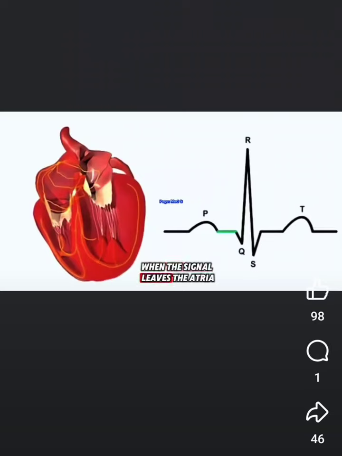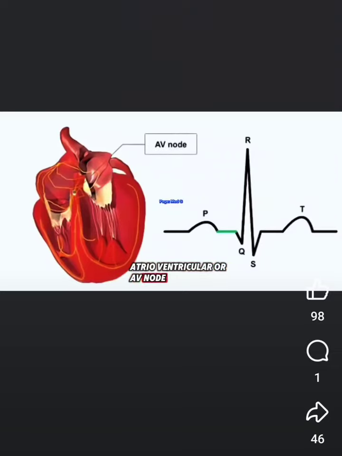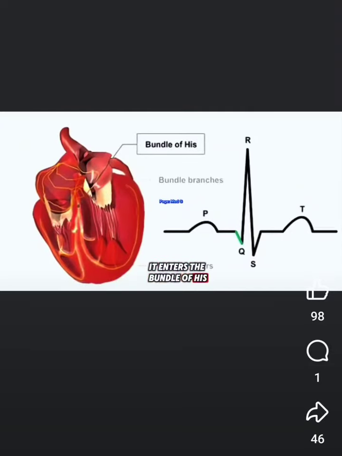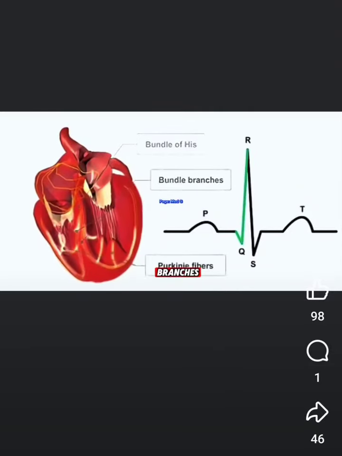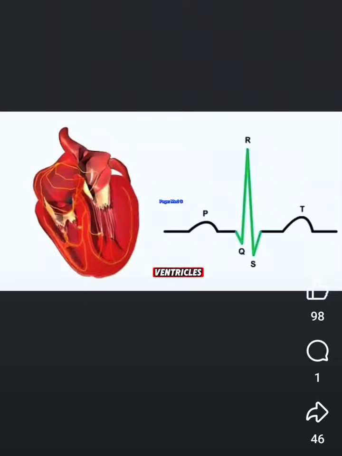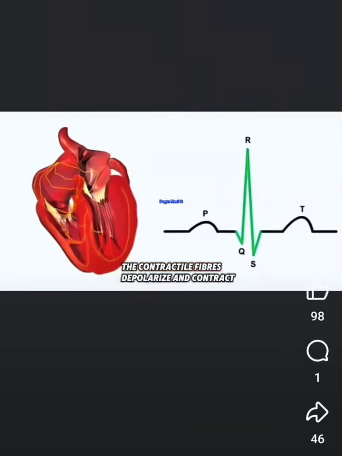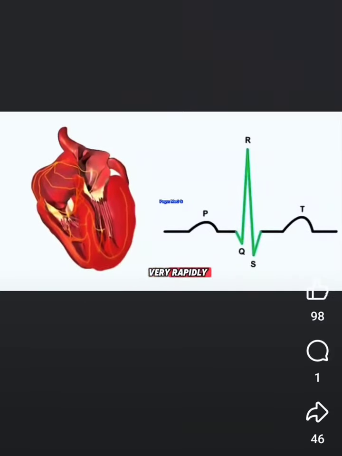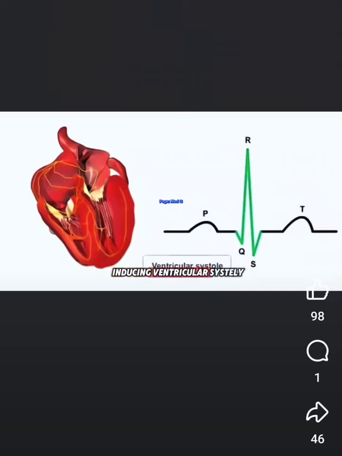When the signal leaves the atria, it enters the ventricles via the atrioventricular or AV node, located in the interatrial septum. It enters the bundle of His and spreads through the bundle branches and the large diameter Purkinje fibers along the ventricle walls. As the signal spreads through the ventricles, the contractile fibers depolarize and contract very rapidly, inducing ventricular